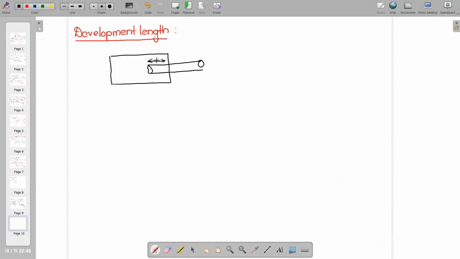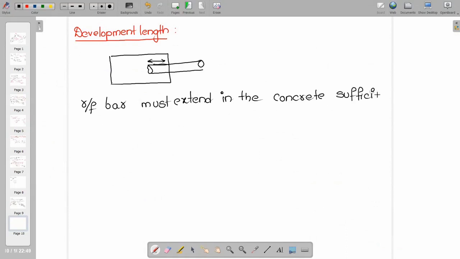What actually is development length? The reinforcement bar must extend in the concrete sufficiently so that it can develop